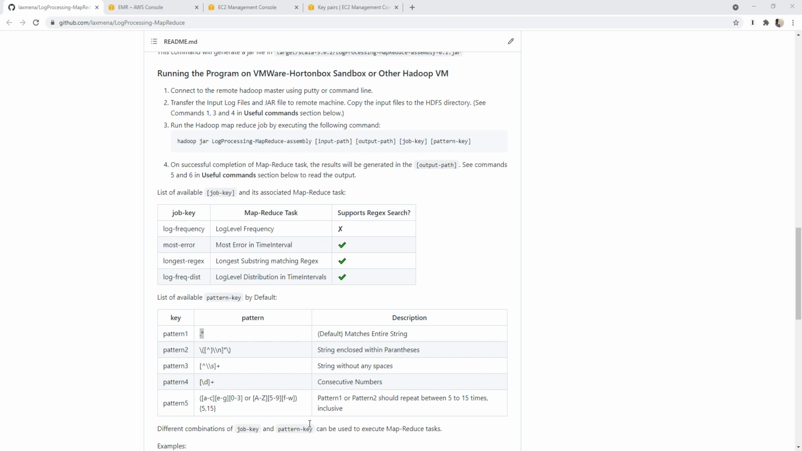Right now the setting is for 5 minutes. So the log messages are broken down into 5-minute time intervals, and the result of this particular job is to find out which time interval has the most number of errors, which 5-minute time interval has the most number of errors. So we'll try